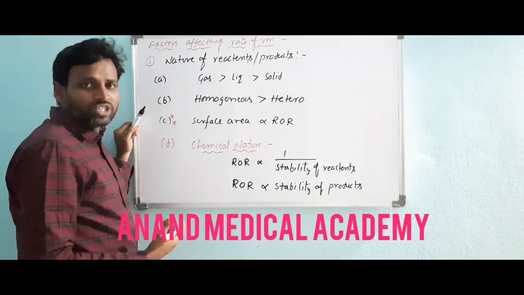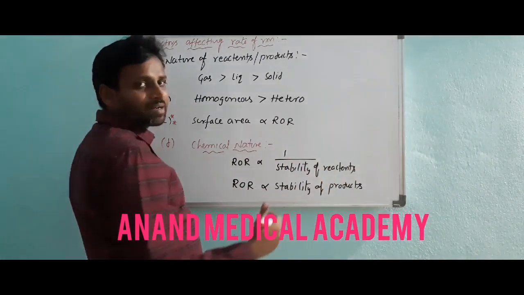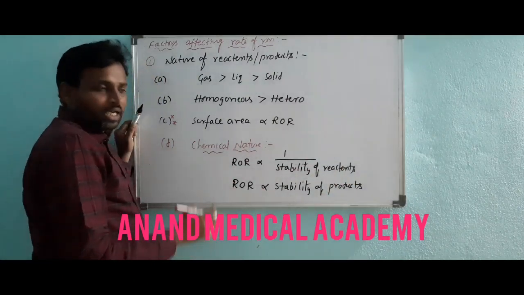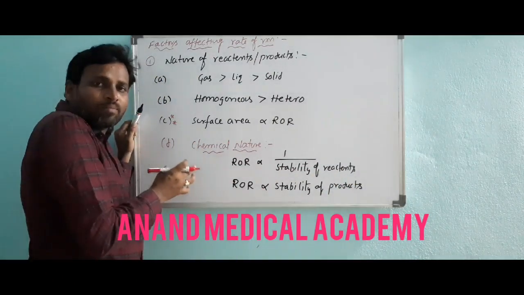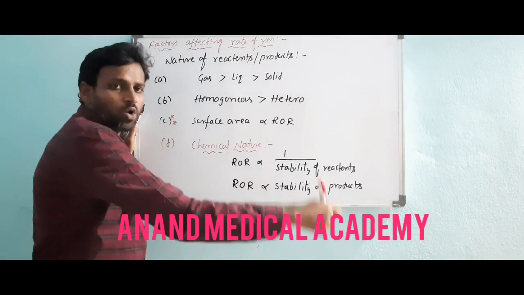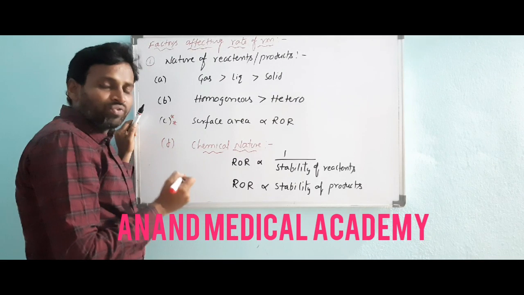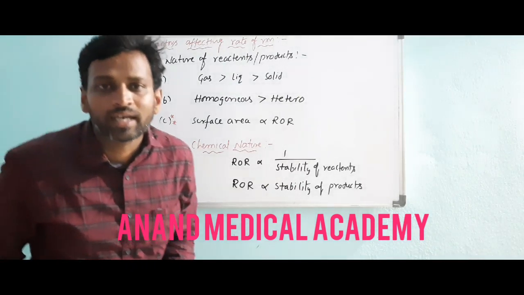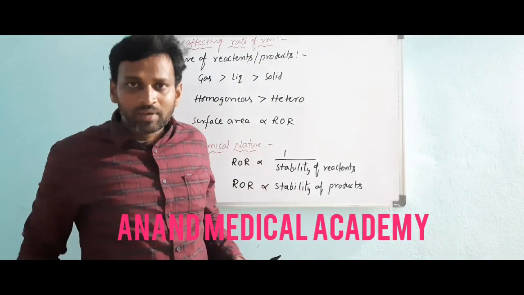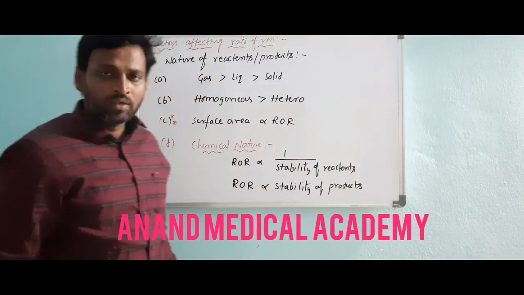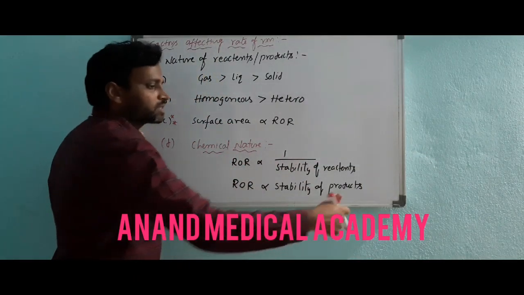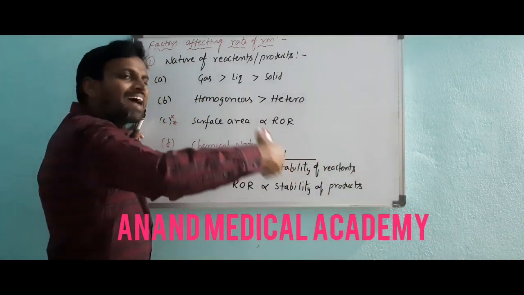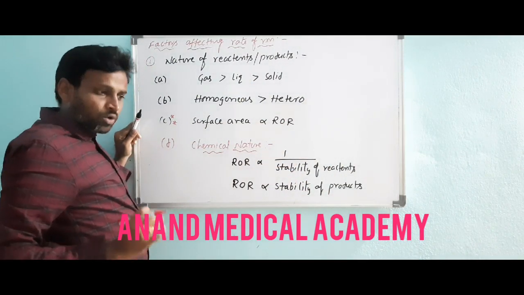Okay, which are more stable? Reactants or products? I am considering some particular reactants and some particular products that are forming. If the reactants we consider are more stable, then the rate of reaction will be low. The rate of reaction of products then will be more, sir. Then the stability of reactants is very less. So reactants are less stable, products are more stable. Products being more stable means products can form easily. Some products which are going to form can be more stable than the reactants that are going to react.